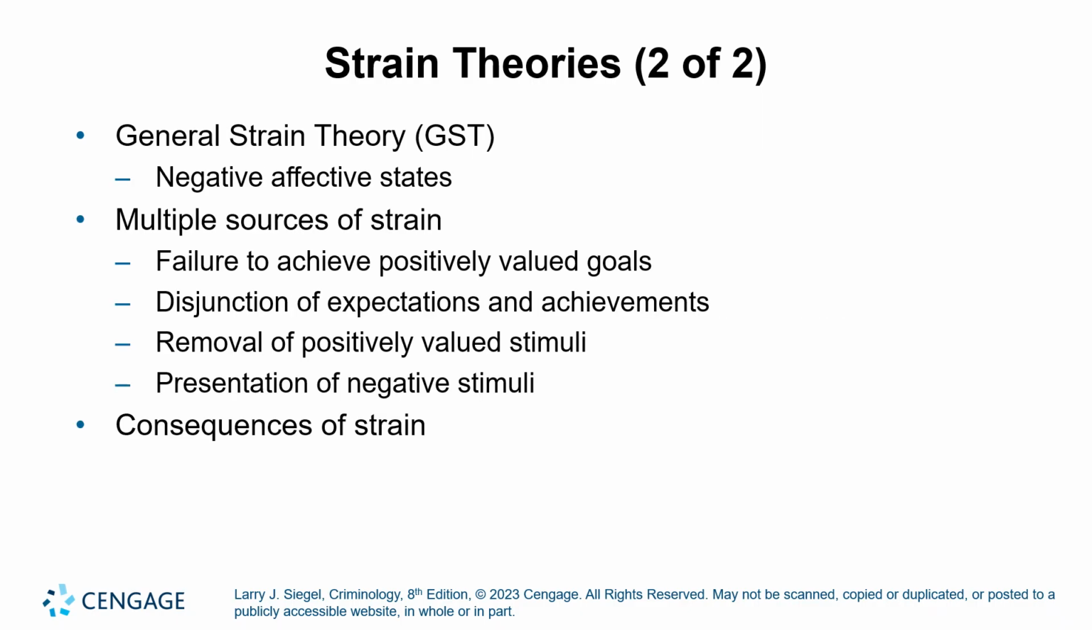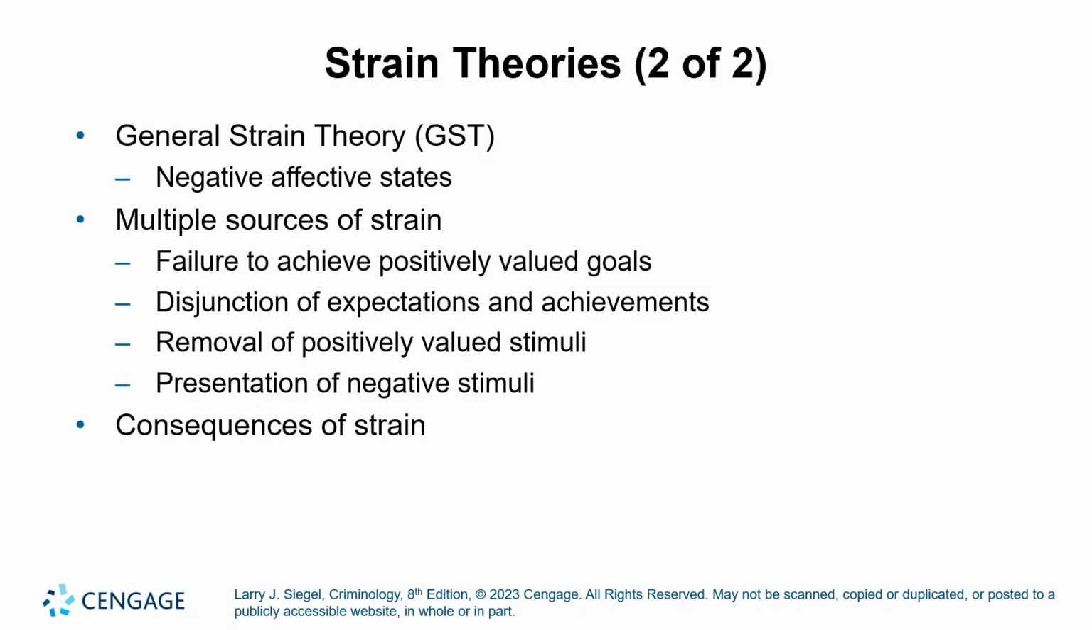Another key approach is general strain theory, or GST, which focuses on how strain leads to negative emotional states such as anger, frustration, or resentment. GST recognizes that strain can come from multiple sources. This includes failing to achieve positively valued goals, experiencing a gap between expectations and actual outcomes, losing something important, or being exposed to negative or harmful situations. These types of strain can produce emotional responses that increase the likelihood of crime, especially when individuals lack healthy coping